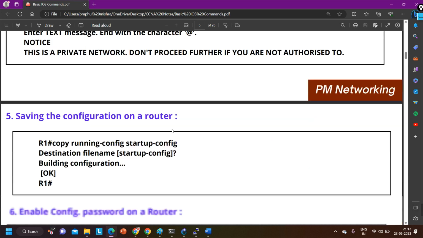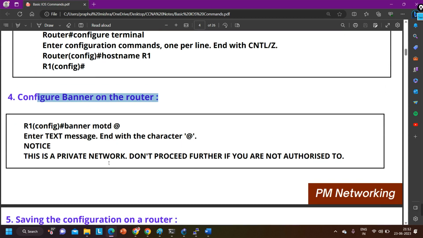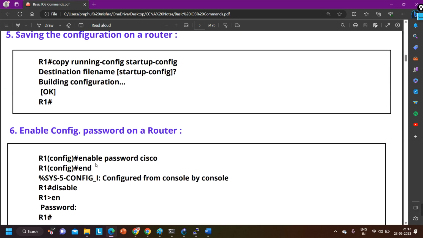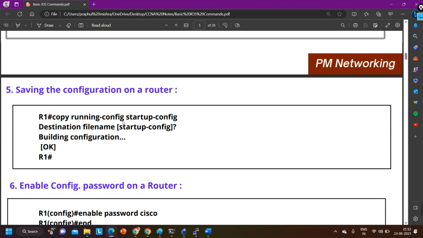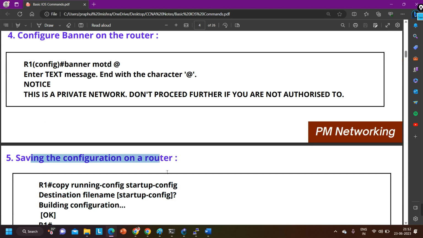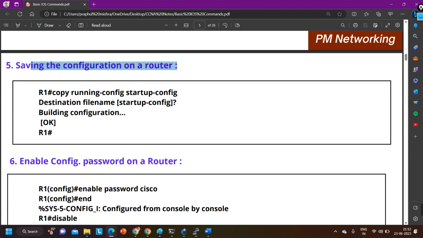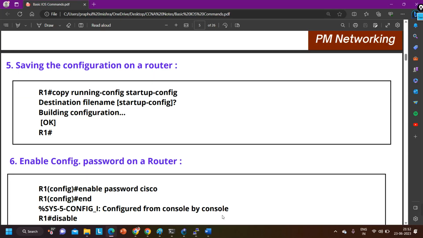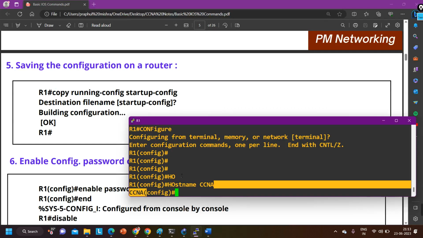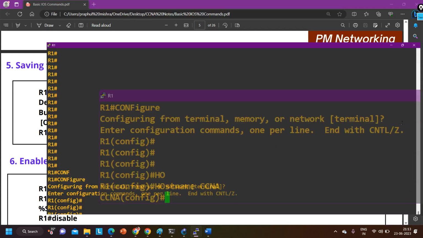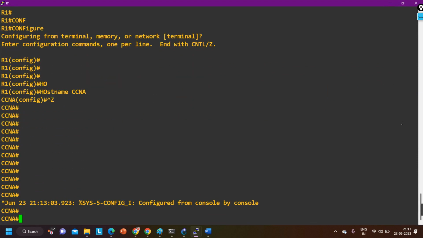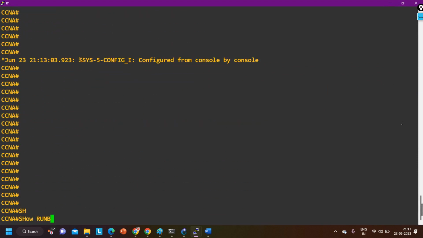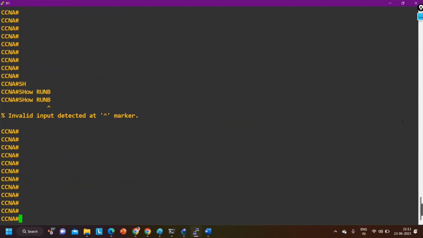After that, how to configure a banner on the router. If you want to configure a banner, you can configure it like this. The command is very simple. Then save the running configuration of the router. How to save the configuration? You have the command: copy running-config startup-config. Now on the router, if you check, the running configuration